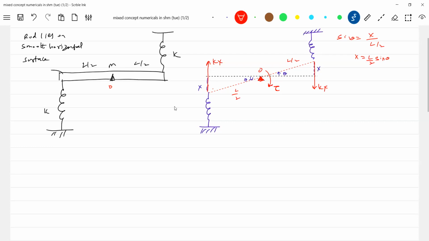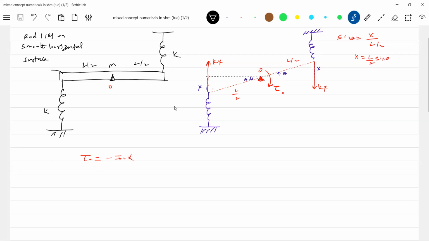Now what is the resultant torque about point O? This should be equal to minus I naught into alpha. Why the negative sign? Because that torque is acting opposite to the angular displacement. Theta is in this direction, whereas the resultant or restoring torque will be clockwise. The angular displacement was anti-clockwise, so therefore I bring the negative sign. So what is the torque? Torque by the spring forces only.